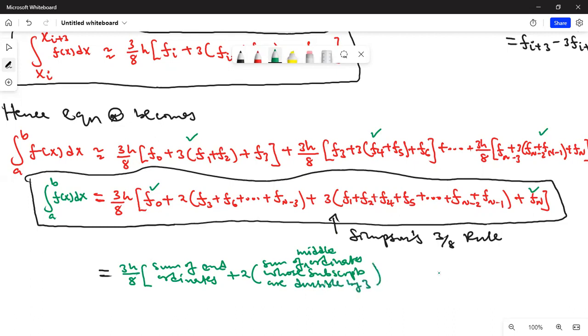As you can see, F3, 3 is divisible by 3. F6, 6 is divisible by 3, all the way up to Fn minus 3. N minus 3 is divisible by 3 because n is also divisible by 3. And then plus 3,